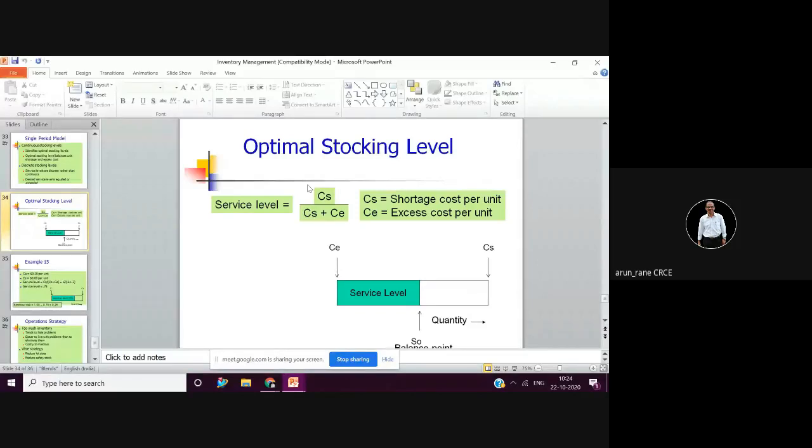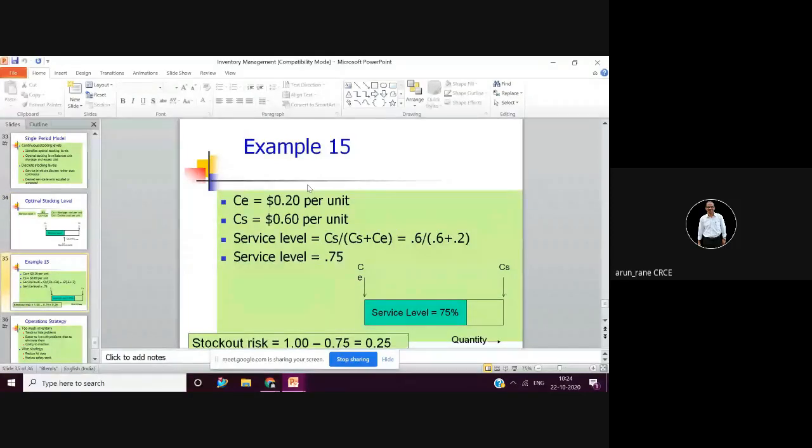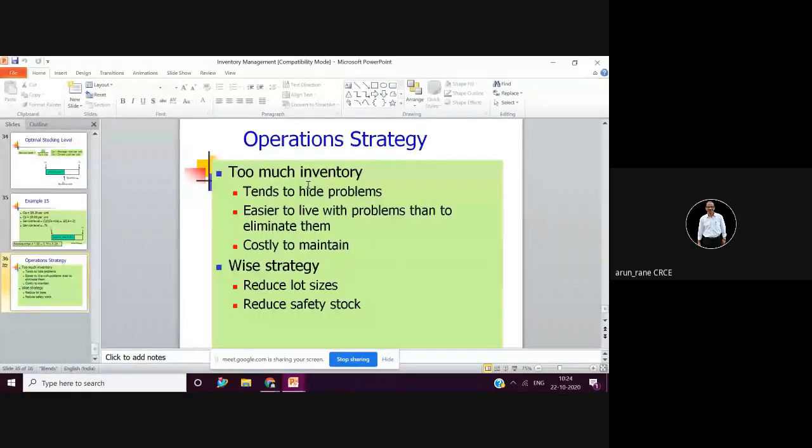So the proof, then optimal stocking level is not required. If anybody is interested, definitely this has been already uploaded. You can go through it, because unnecessarily I don't want to put a burden on you. The important questions are: what is economic order quantity, what is safety stock, what is inventory, what are the different types of inventory, what is JIT. That's all. Even EPQ, that is economic production quantity, is also not important.